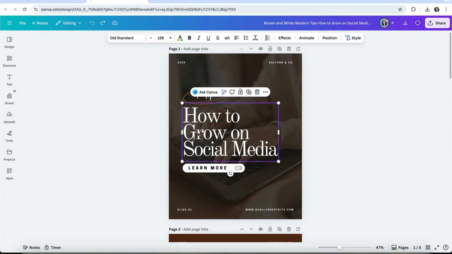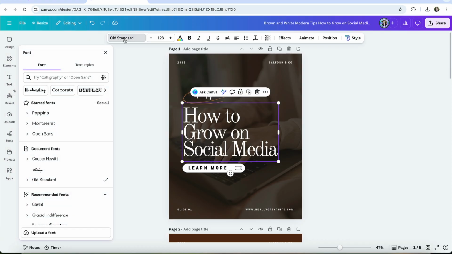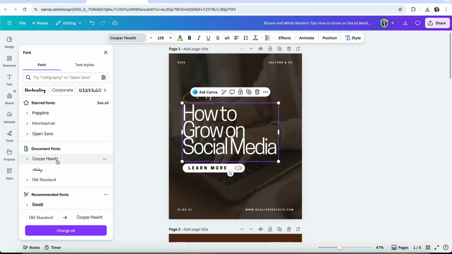inconsistent text choices. To use this feature, start by selecting a text box that uses the font you want to change. Once it's selected, open your font menu and choose the new font you'd like to switch to. When you do, look toward the bottom of the font dropdown where you should see an option to change all. Clicking this tells Canva to replace every instance of that original font throughout your design with the new font you've